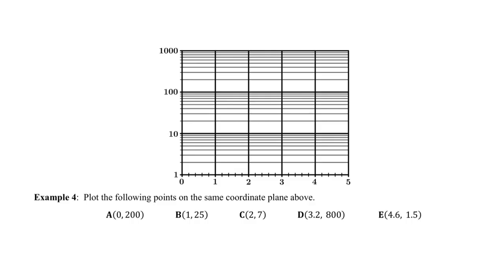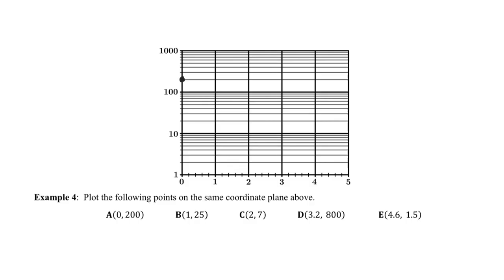All right, we've done this before in one of our lessons, but let's do it again. We want to plot these points. Let's start with A, which is (0, 200). That's nice because 0 is one of the numbers on my x-axis, and I can find 200 on the y-axis. It is one of the lines. Remember, right here is 100, and as I go up, every line is another 100. So 200 would be this first line, okay? The next one, B,